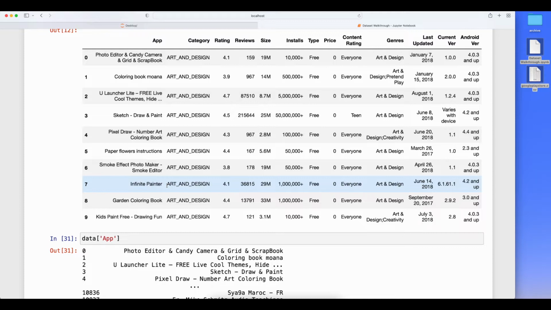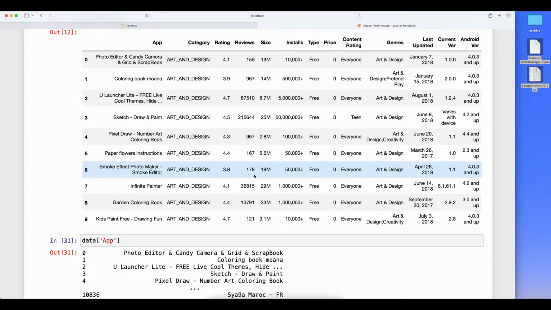From the category, I can analyze how many different categories there are. From rating, I can analyze the average rating of the applications, and how many applications have a rating of more than 4.5 or between 4 and 5. So I can analyze multiple things, but for that I need to know which column to analyze from. From the app name, I cannot analyze anything. From the reviews I can analyze, and from size I can analyze a little bit. So the first thing is what I want to analyze, and which column is important for me.